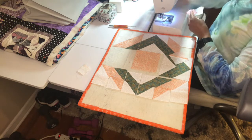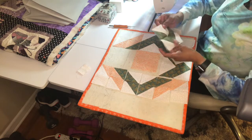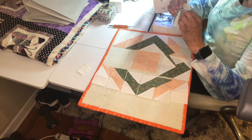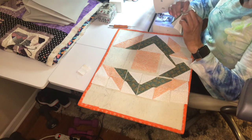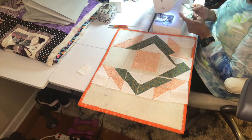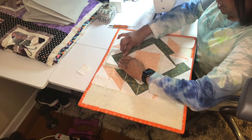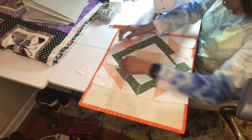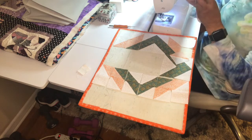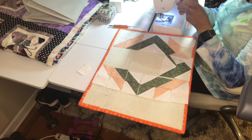So now we have a 4 patch. And when I looked at that 4.5-inch square, I was like, that is not right. But you lose 1/4 of an inch in these seams, so there's our top piece. Can you see that? So then we're going to connect it to this 4.5-inch square. I'm going to connect it there,